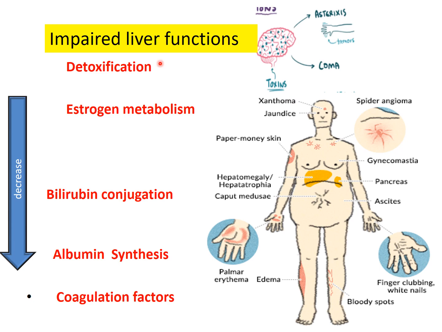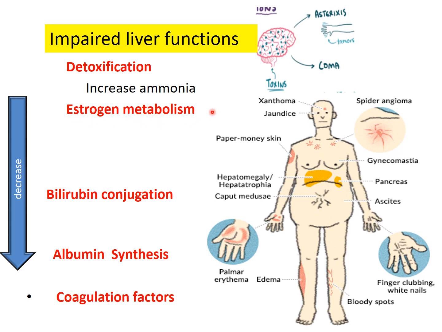So coming to the first function, we said ammonia is highly permeable to the blood-brain barrier. So when detoxification will not occur, there will be increased ammonia. This will go into the brain, cross the blood-brain barrier and result in decrease in GABA, increased excitatory activities, resulting in tremors of the hand, which is known by the name of asterixis. And when it is in higher amount, it can also result in a coma-like condition.